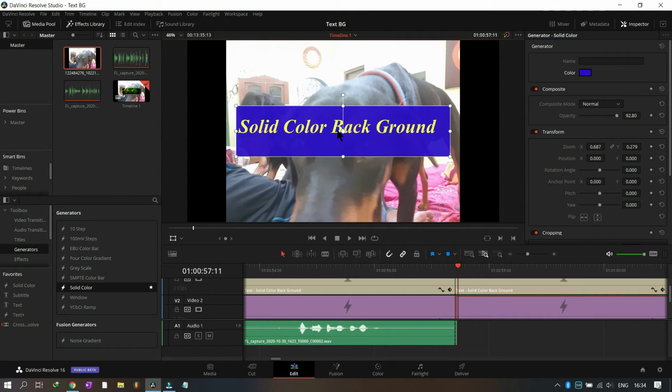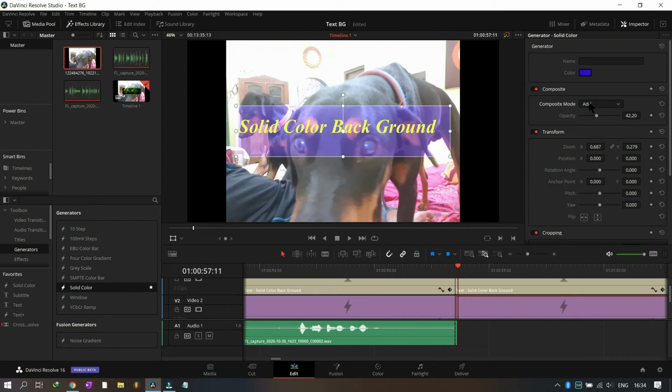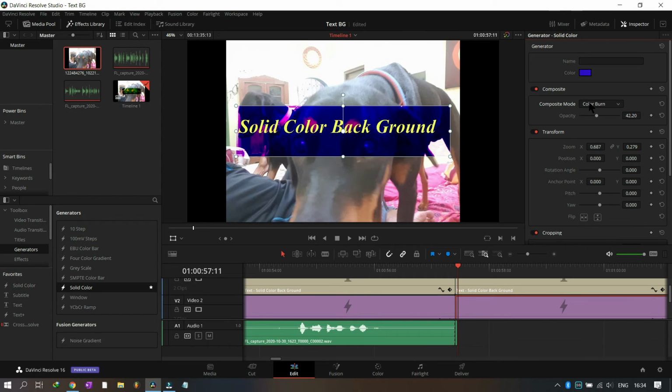Still it is not looking good. Out here there is opacity, so you can decrease or increase the opacity. This is where the magic happens. Don't go to the extreme, keep it somewhere in the center. Then there are other parameters, like add color and color burn. Color burn gives a very good effect sometimes. Highlight this and with the mouse cursor you can see the effects. Now color burn is giving a very beautiful effect.